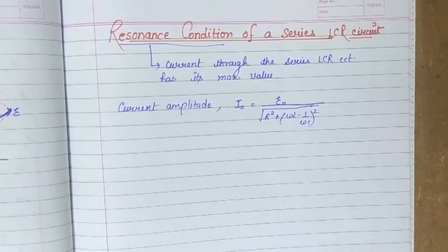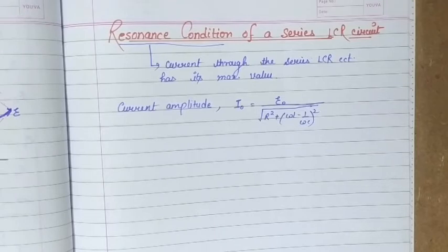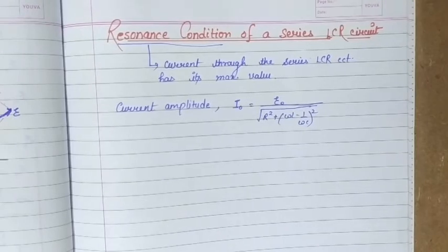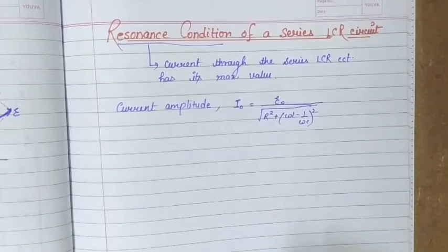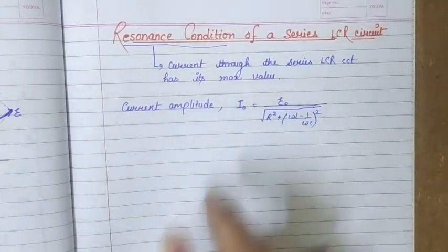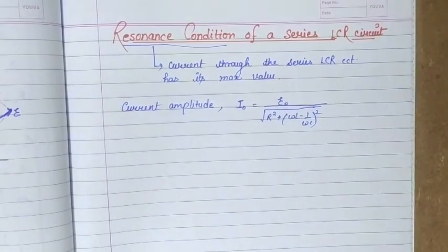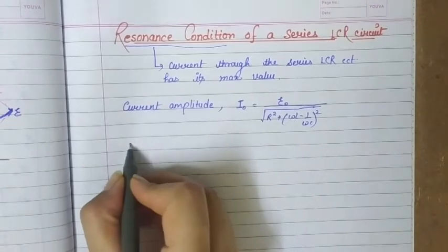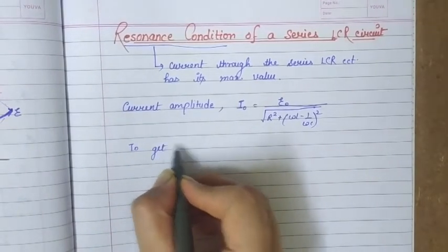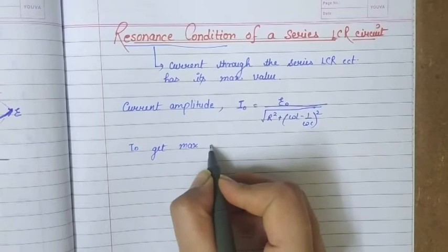So I am here taking the case for XL greater than XC, and for such case current amplitude is epsilon naught upon under root R square plus omega L minus 1 upon omega C whole square. And this denominator term is actually the effective resistance, which we also know as impedance of the circuit. Now for resonance, this current should be maximum. To get maximum value of I naught,